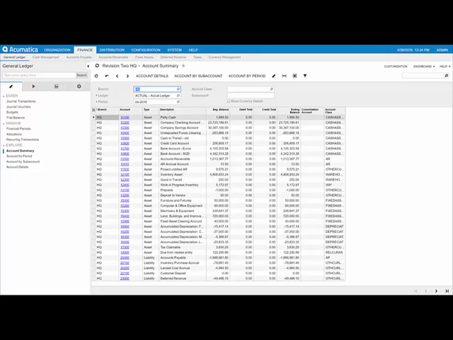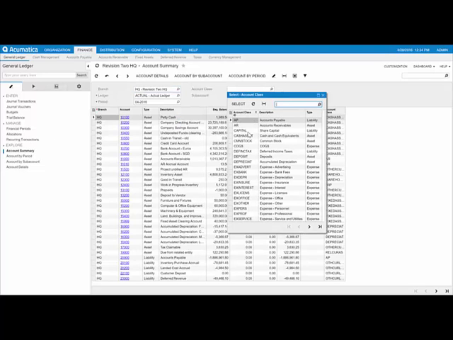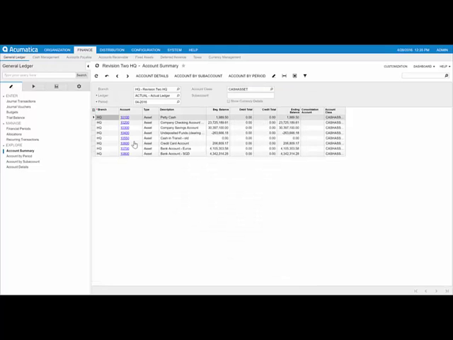We're going to select the cash asset group. You can see the data is filtered, and then the summary of that account that belongs to the cash comes up. Now you can export this data to Excel by selecting that button,